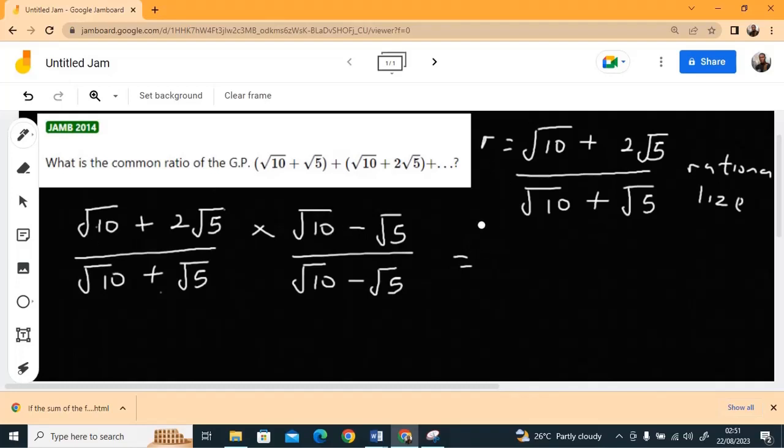because we are in SS2 and some of you may not have the background knowledge of surds, let us do it in the way you understand. Root 10 times root 10 is root 100. Though there's a law that guides it, I can write it ordinarily as 10, but for you to understand. Root 10 times root 5, that is minus root 50. 2 root 5 times root 10, there's an invisible one here, 2 times 1, that is plus 2. Root 5 times root 10, that is root